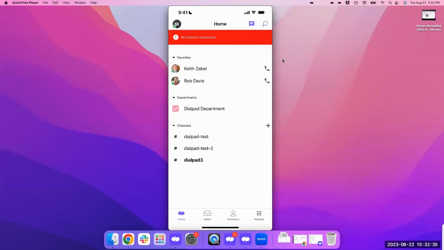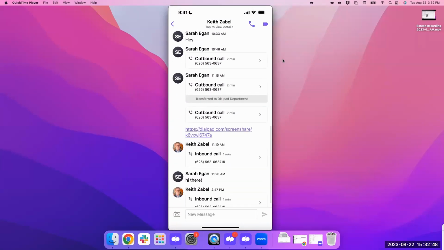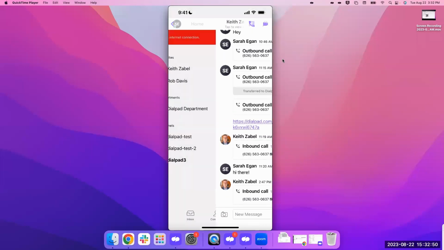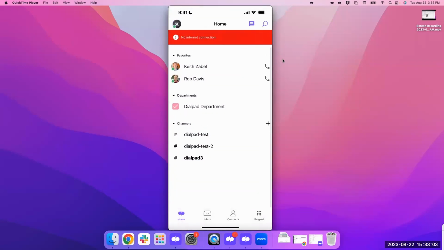And then outside of the settings, your home is going to essentially look like that left-hand panel that we saw on the desktop application. So you can view your favorite contacts, your conversations, your previous calls, your text messages with each contact. You can view your department. You can see all the messages your department has received. You can see all the voicemails in that department, and you can see the recordings of calls within that department as well. You can view channels and the conversations within your channels,